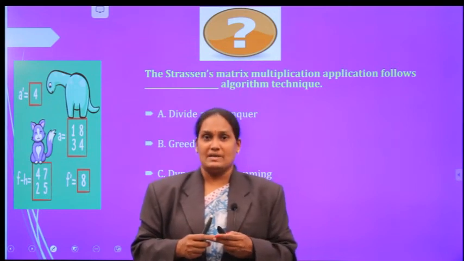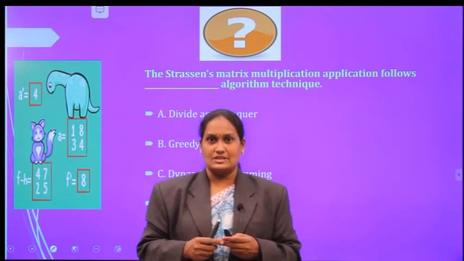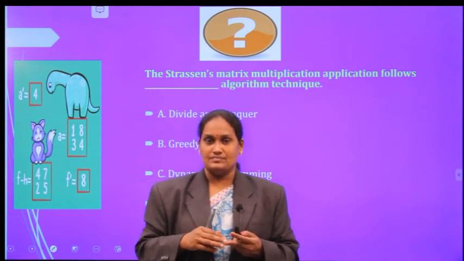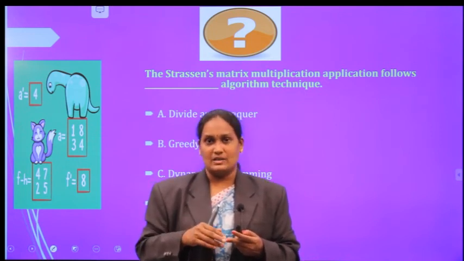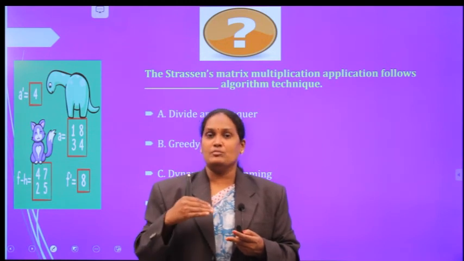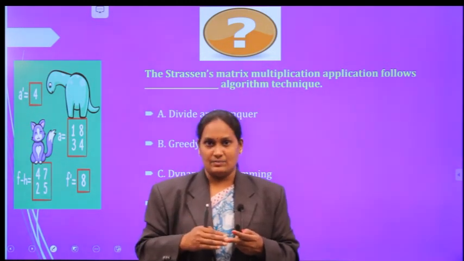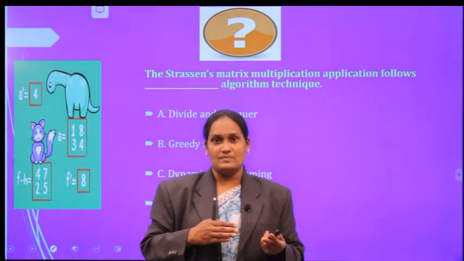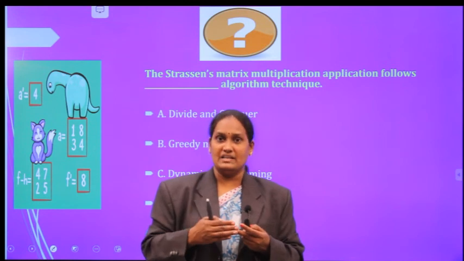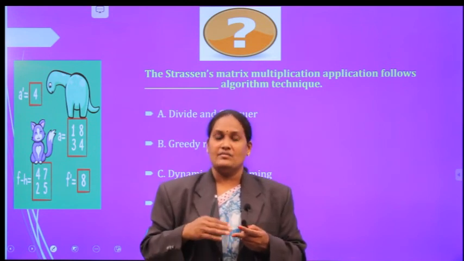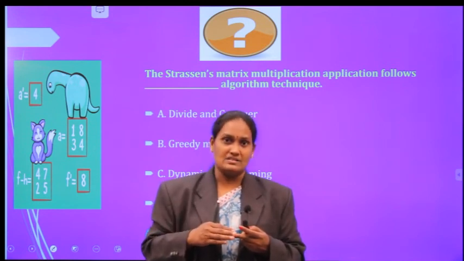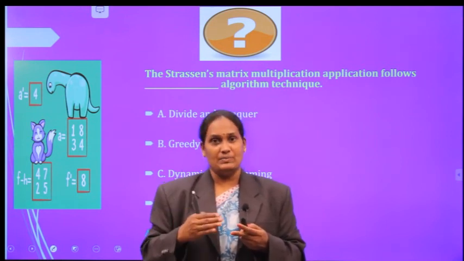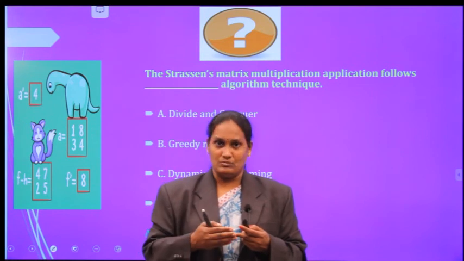Now I am going to summarize the concepts we discussed in this session. In this session, we discussed the general matrix multiplication process, also the Strassen's matrix multiplication process, and why we are moving towards Strassen's matrix multiplication, since it reduces the time complexity. Your general matrix multiplication contains 8 multiplications and some number of additions, whereas your Strassen's matrix multiplication contains only 7 multiplications. By reducing one multiplication, it reduces the time complexity.